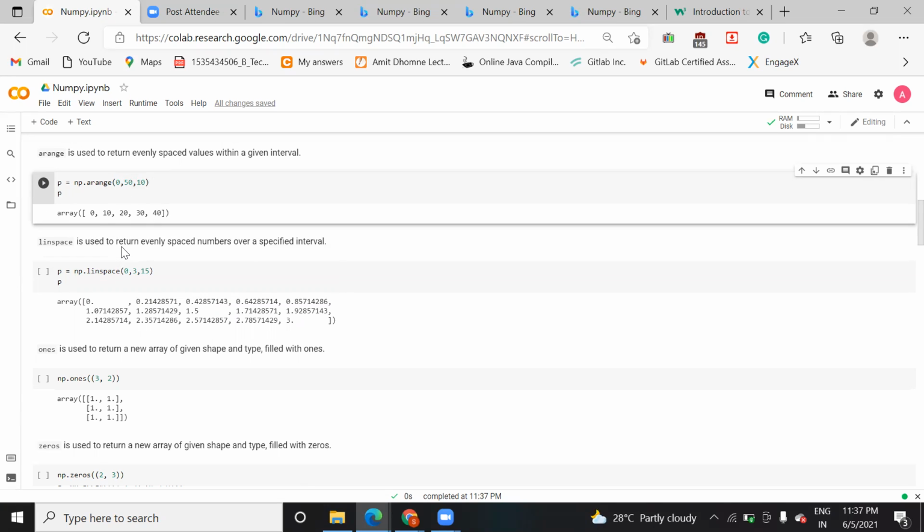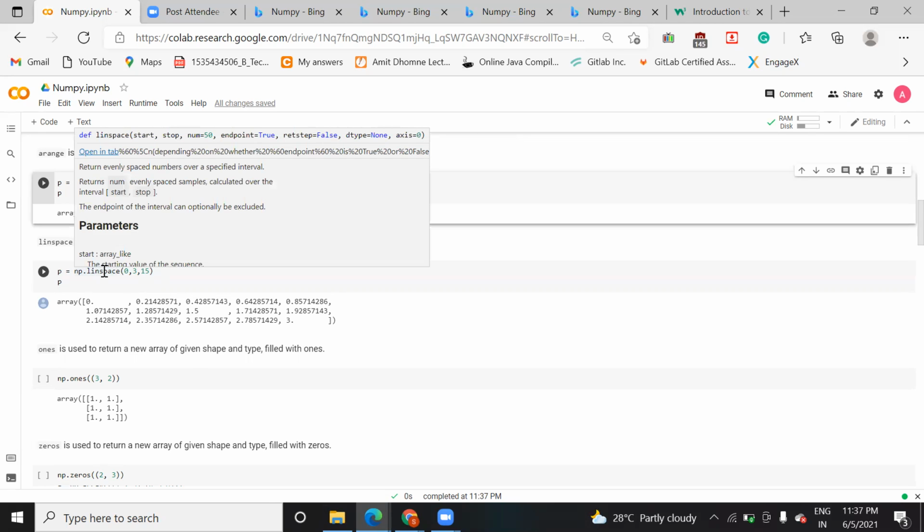Now there is one more function, linspace, which is used to return evenly spaced numbers over a specific interval, just like we have seen with the arange function. Here you can see it will print decimal values. When you write np.linspace, you can read from here also what this linspace function does. It will return evenly spaced numbers over a specified interval.